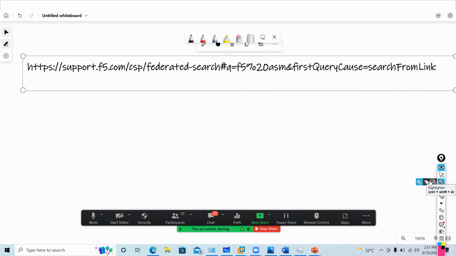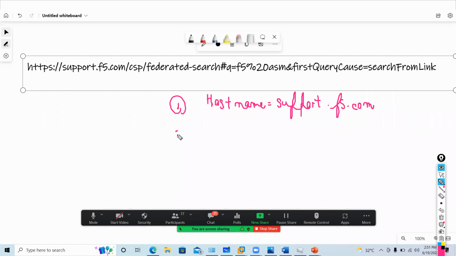So when I talk about how this parsing will be done, first of all, what is the host name? Host name is support.f5.com. What is the file name? File name is something called, let's say, KB ENUS.